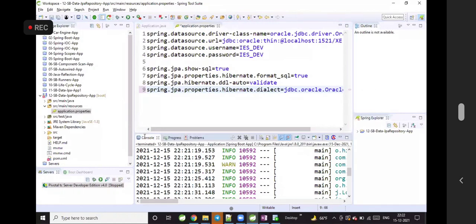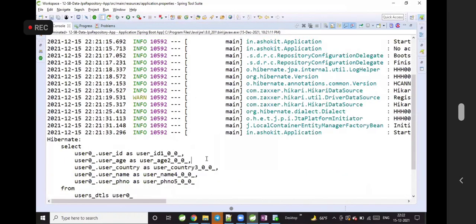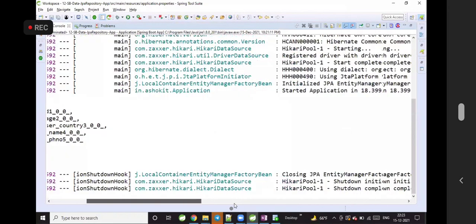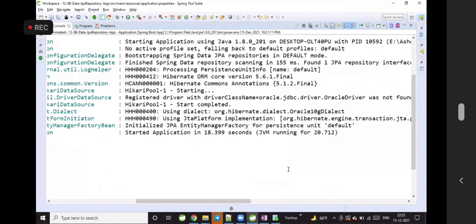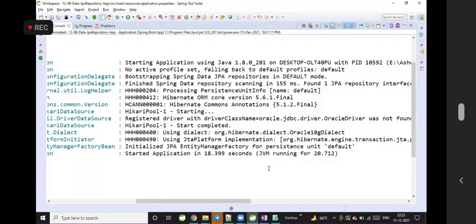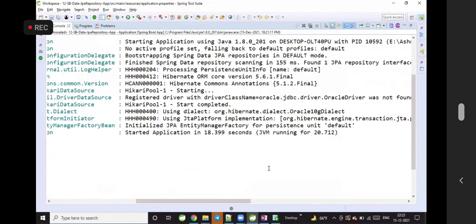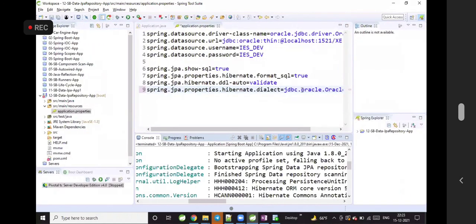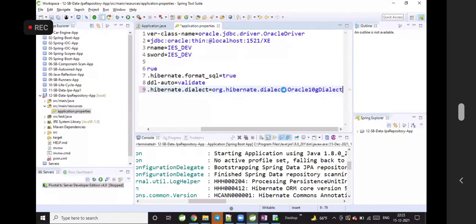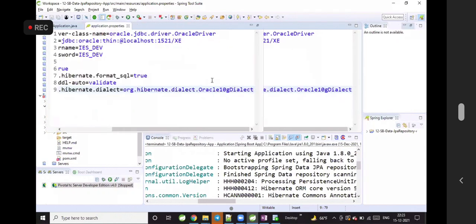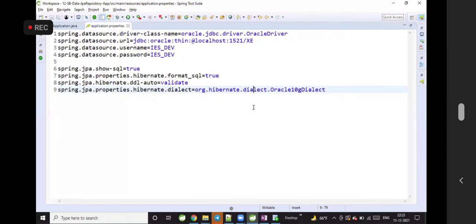You can see on the console classes like Oracle 10g dialect and Oracle 9i dialect. What is the meaning of the dialect class? org.hibernate.dialect.Oracle10gDialect is used to convert HQL queries to SQL queries.